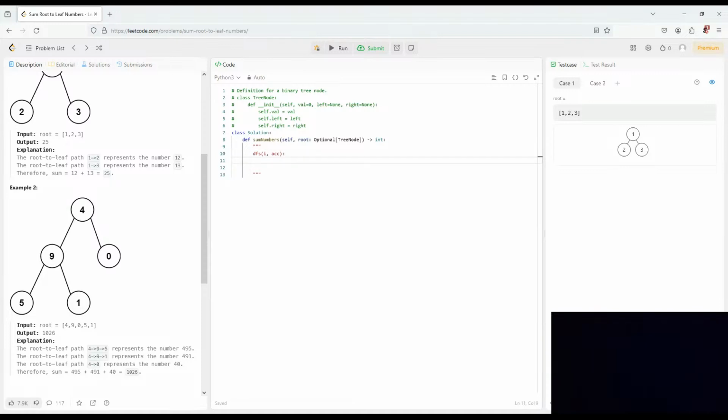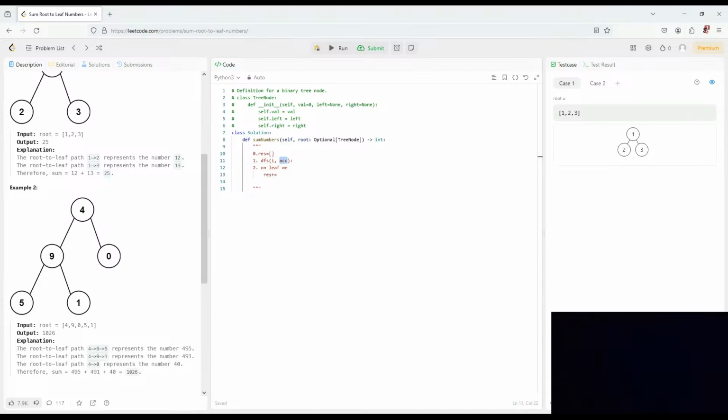And for every node, if we're on a leaf, we have some result, right? Declare some result value. And on a leaf, we do result plus equal,